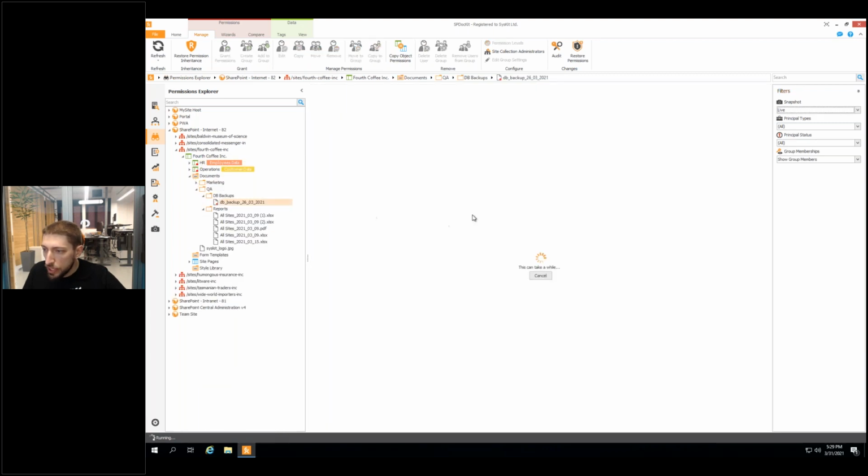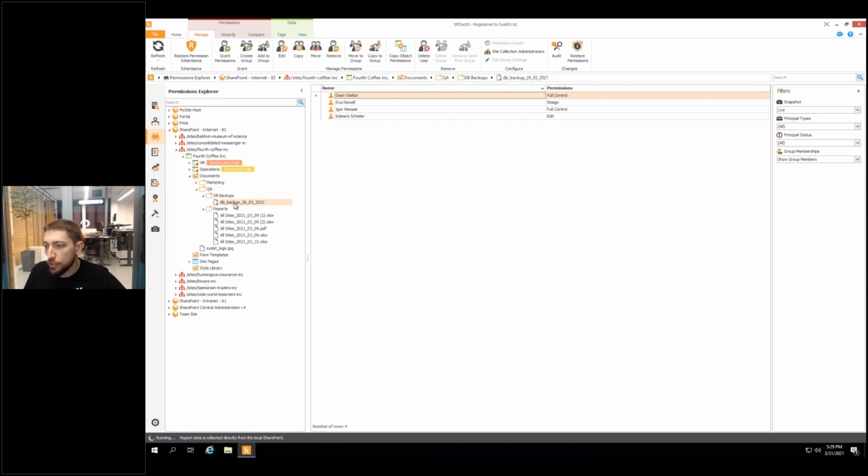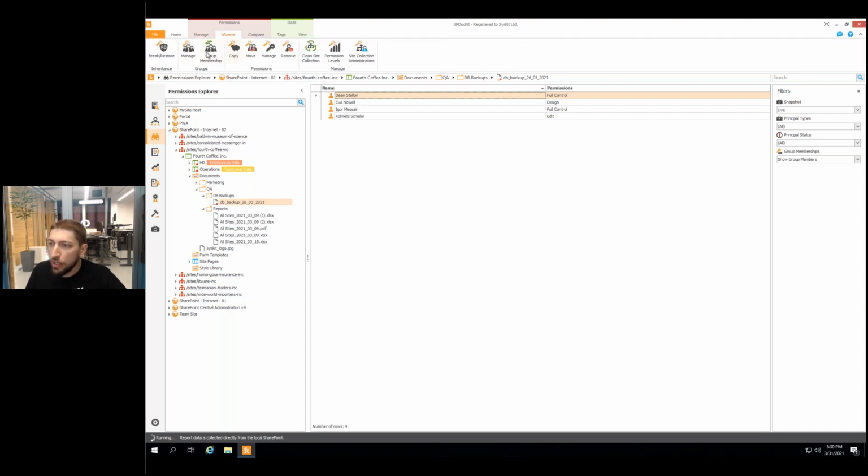Just to show you an example, if I select an object that has broken permission inheritance, here in the upper ribbon I have a lot of permission actions that I can run. So I can maybe edit permissions for the existing users, or maybe I can grant permissions for someone new. If I'm not sure about these actions and what an action will do for me,